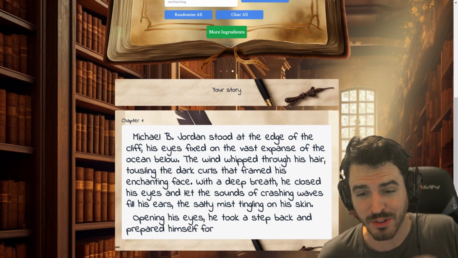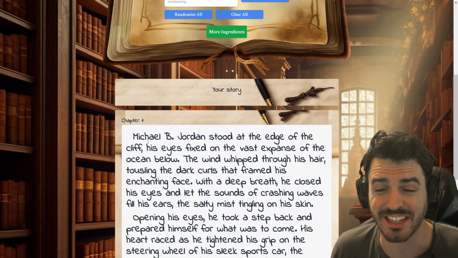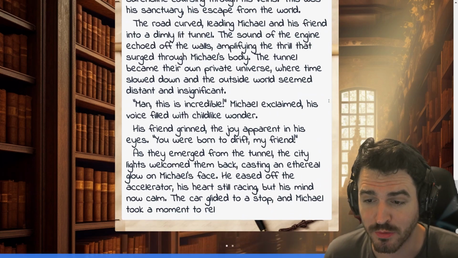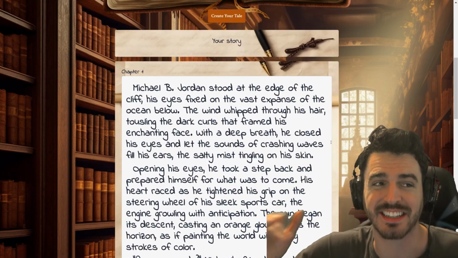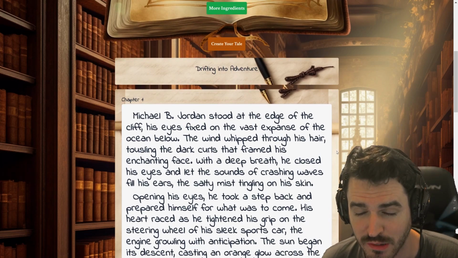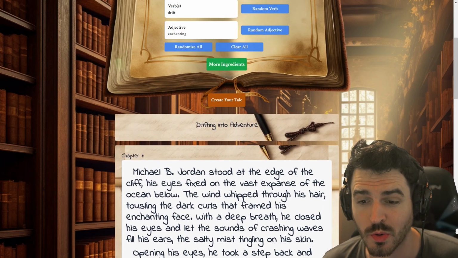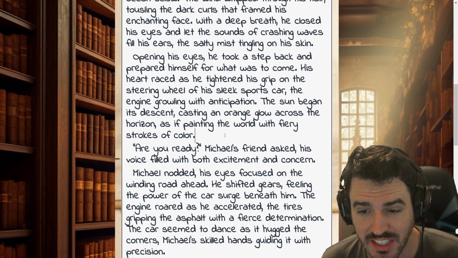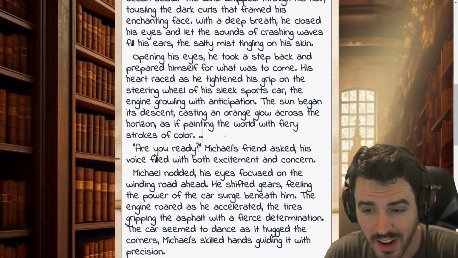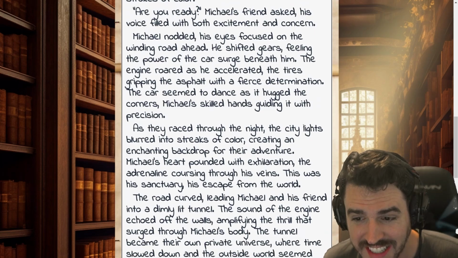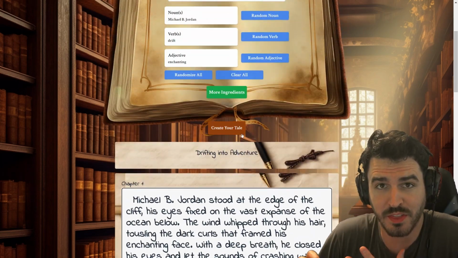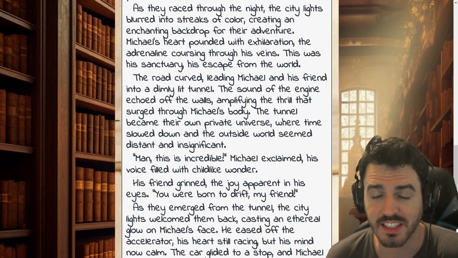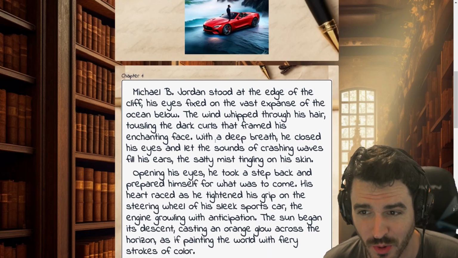So the very first improvement is that you start to get your story instantly. No longer do you have to wait for the entire language model's response before it appears. You literally start getting it as it types. Really big and exciting improvement. Second thing you'll notice is all stories now get a title, which is really cool. Third thing is now you can actually type directly into the story. So if you want to change stuff before you publish it, because the library is going live and you're going to be able to share your stories with others and read other people's stories, now you have some more customization control over your story, which is really cool.